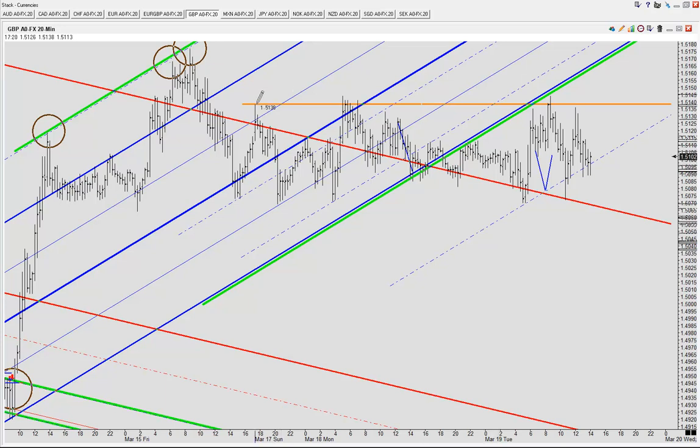Add to that, we also have horizontal resistance, which, as I said, I rarely look at, but in this instance, it's pretty apparent. We've got a lot of horizontal resistance to add to the fact that our fork, which should have been support, was actually resistance. So I'm probably expecting a move lower rather than higher. And the last line in the sand I would watch in terms of support is right along this sliding parallel here, which is where we're struggling to stay aloft right now. We are still staying above the sliding parallel, but if we start pulling down below that line,